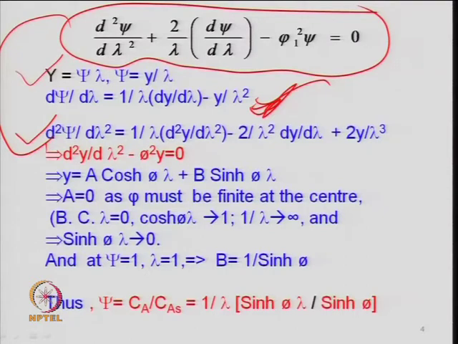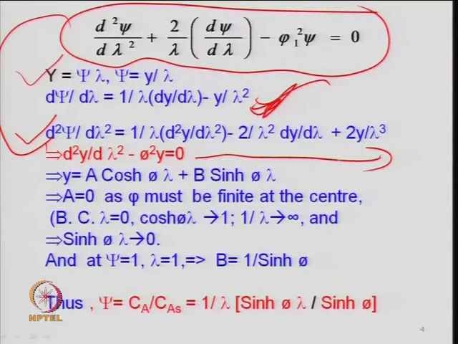That is, this can be solved by either writing it in the form of hyperbolic function, which I discussed, or in the power of exponential form. So, d 2 y by d lambda square minus phi square y, this is the form of differential equation that needs to be solved for y or psi, psi as a function of y. When we write finally y is equal to psi into lambda, you can get the expression in the form of psi and lambda. So, this equation is simply what we discussed for a pore.